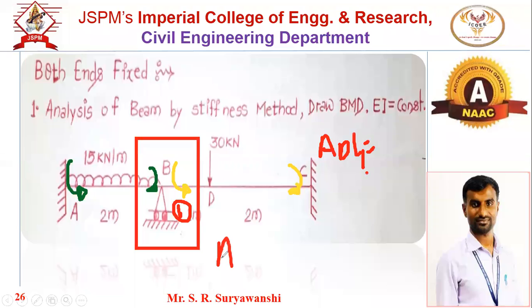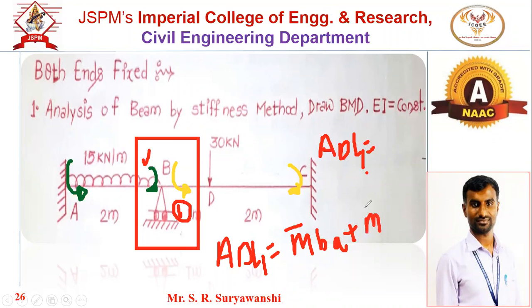This is the node 1, and at node 1 we are having two fixed end moments. So ADL1 at node 1, the net fixed end moment, will be the summation of both the fixed end moments for AB and BC. So that will be M bar BA plus M bar BC. This is the fixed end moment for AB span, M bar BA, and this is the fixed end moment of BC span. Okay, समजते का बघा. So these are the fixed end moments. This is for M bar BA. This is for M bar BC. Now we have to put all the corresponding values and find out the answer.